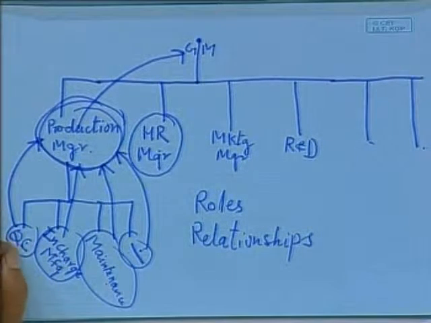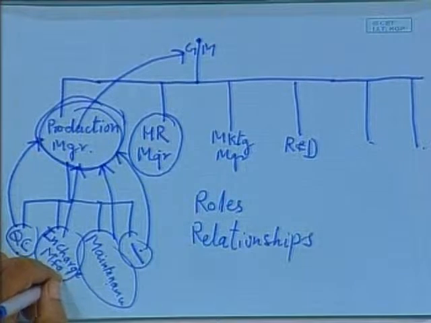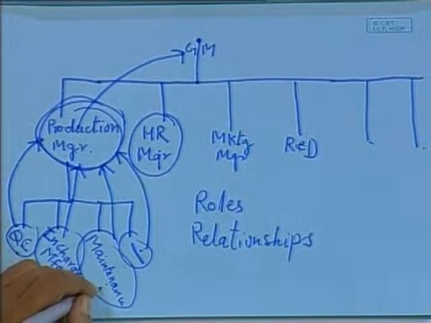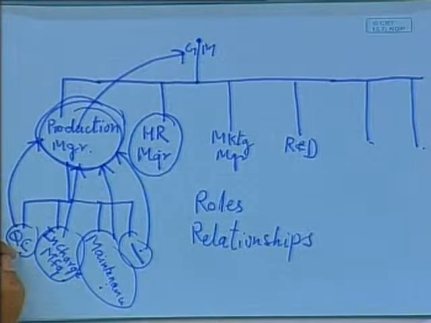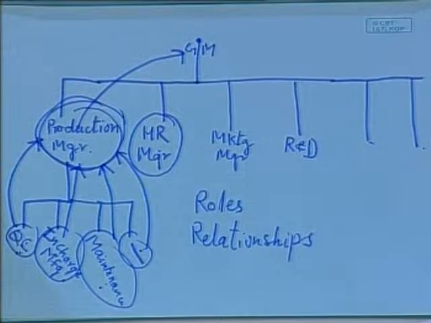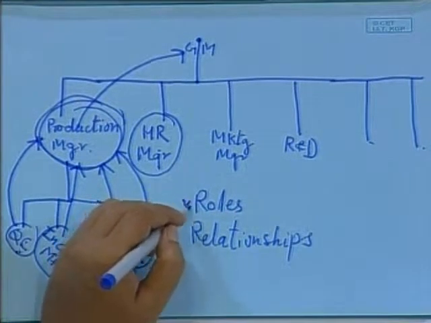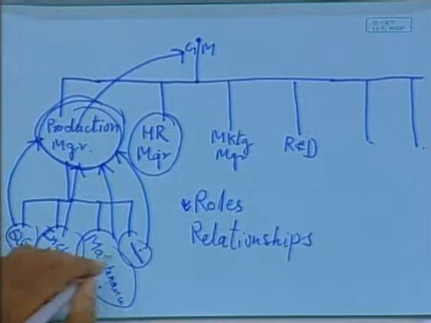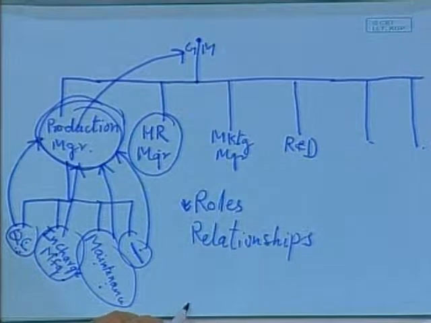So, he is going to perform certain jobs, quality control engineer, say manufacturing engineer. So, he is going to look into the manufacturing process, he is going to look into the maintenance of the machine, isn't it? He is going to look into the quality of the product, and all of them are reporting to the production manager. So, you are not going to only define the role that what each of them are doing in a particular position, but what kind of reporting relationship exists within the organization, that is also reflected by the structure,